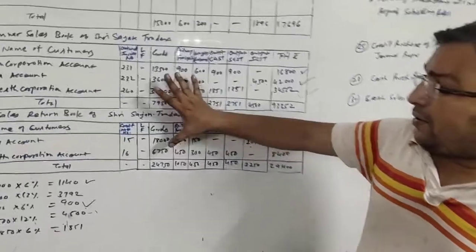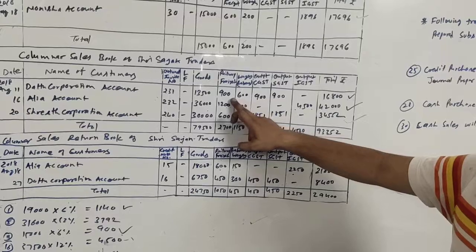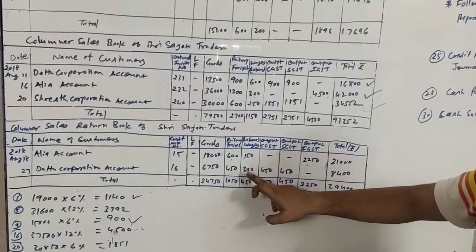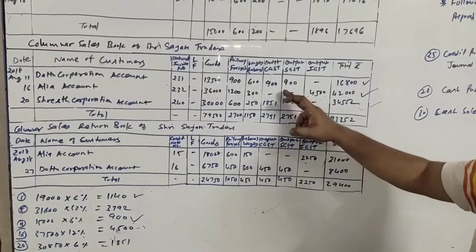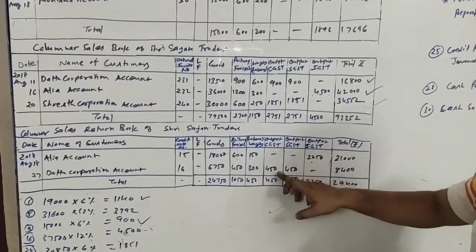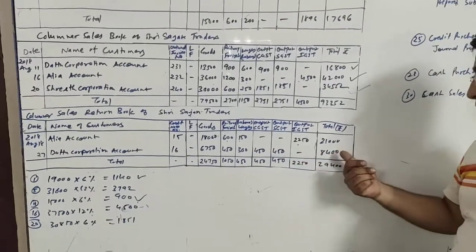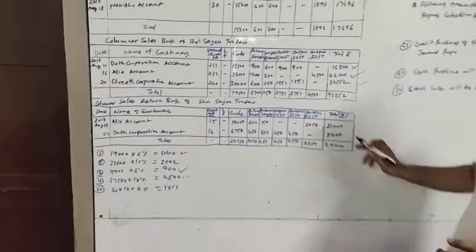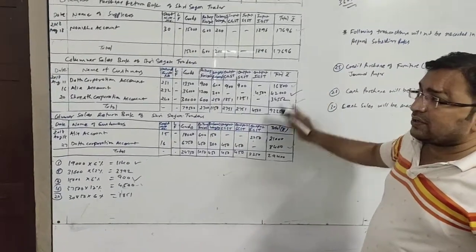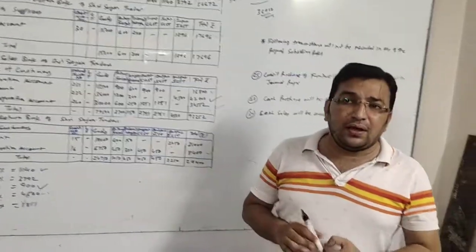The same way here also proportionate expenses we have to adjust. Here the railway freight was 900, so 50% of that 450. Wages was 600, so 50% of that 300. CGST and SGST were 900 each, so 50% of that will be 450 and 450, and total of all 5 amounts will be 8,400. Obviously it is going to be the half of total of this, which we have sold, 16,800. So this is about this transaction. Dattu Corporation returned 50% of the goods.